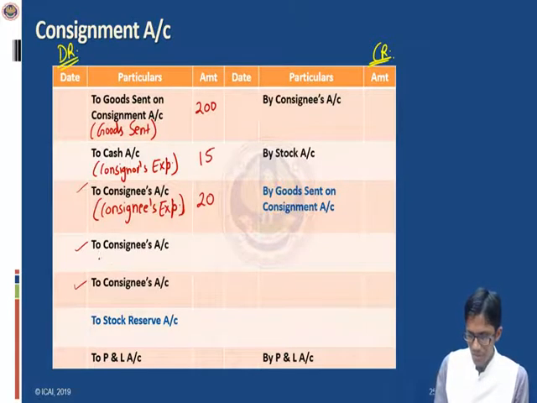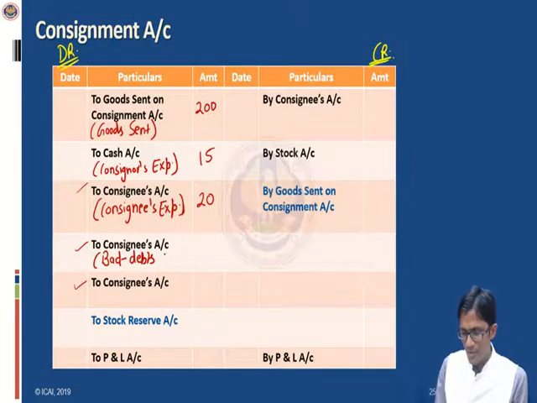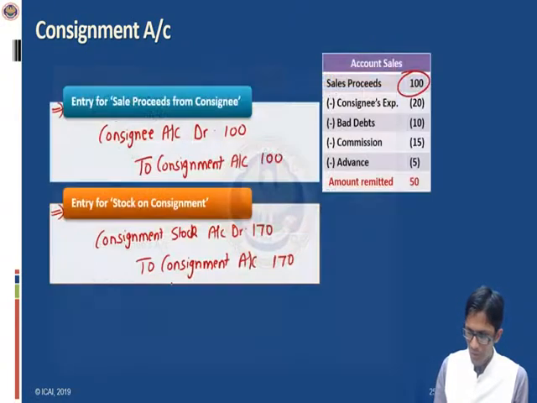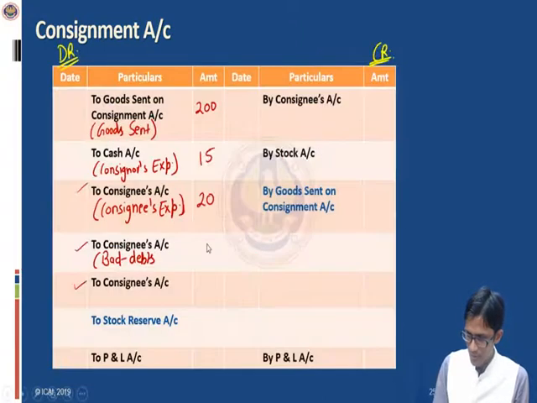Next, it may be for bad debts, and bad debts will be debited by the consignor in consignment account when the bad debts are to be borne by the consignor himself. That means when no del credere commission has been given. So in that case, again, consignee's account will be credited. What was the amount of bad debts? As we can see here, it is rupees 10. So let me write here